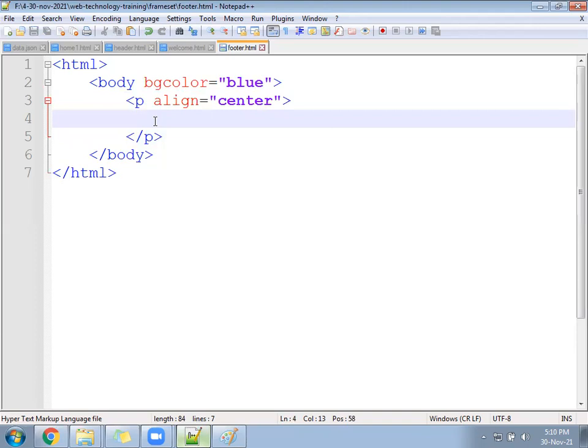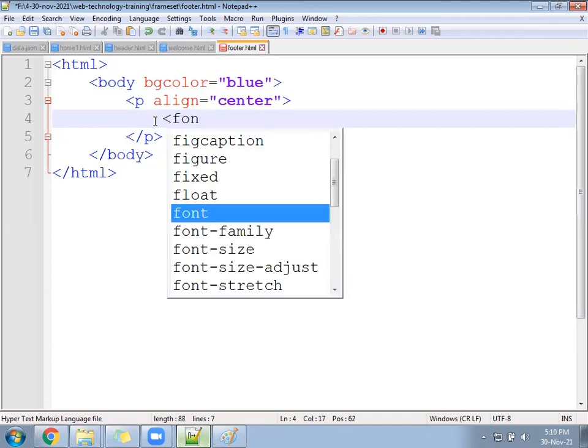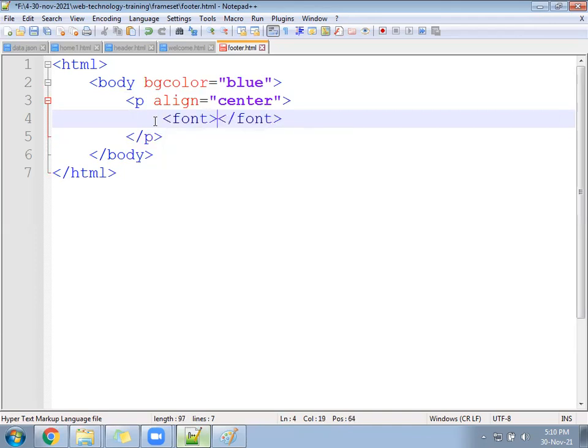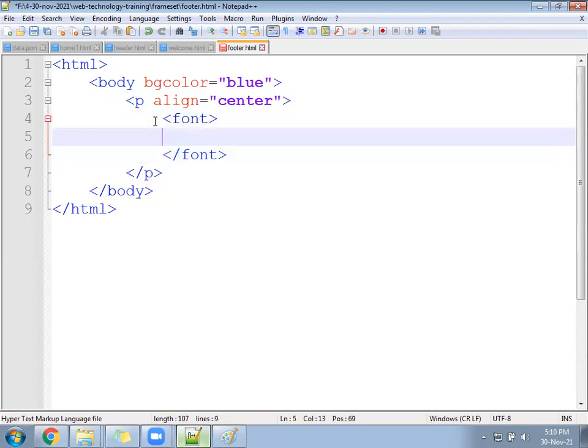Now, see, the background is blue color. Under the blue color, you cannot display the text in black. To display the text, which color will it come in? It will not be black. So we have a tag called font. Font, open and close. Inside the font, there is a property called color.